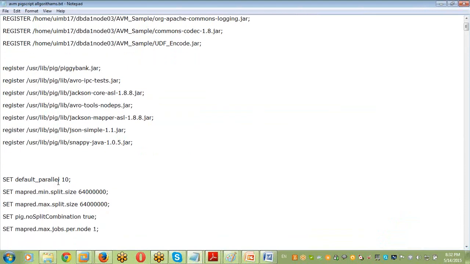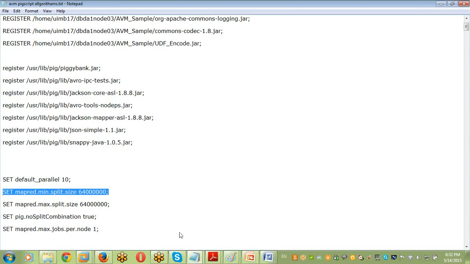This is the command to decrease the split size: set mapreduce minimum split size to 64 MB. It will decrease the split size, because my block size is 128 MB in production, but now it's 64 MB. We are increasing the mappers.